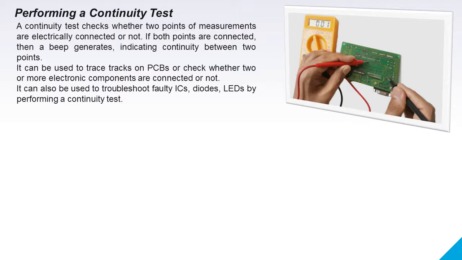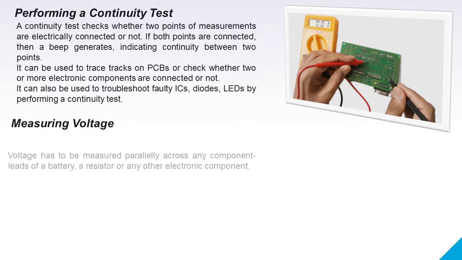Whenever you are working on some mini project or your BE project, you need to see the supply continuity, because if at the end your end device is not getting proper supply, it means somewhere in between there is a fault. So you can see the continuity of the supply using continuity test. In case an IC is not working or diodes and LEDs are not working, you can check the legs of the ICs whether they are shorted or not. If you put the probes across two legs, and you hear the beep sound from the multimeter, it means those two legs are shorted.